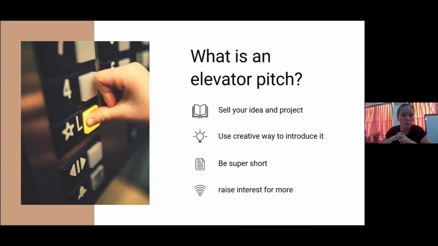And the aim is that you raise interest for more. With these 30 seconds, you leave an impression. The best even is if you're being asked for your business cards after the elevator pitch. So you can set a time frame and maybe another day where you have more time to discuss this. So the elevator pitch is not about presenting a whole idea. It's a taste, an appetizer, to find a more suitable place and time to actually present your idea.